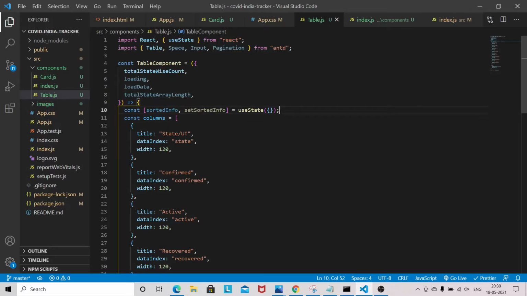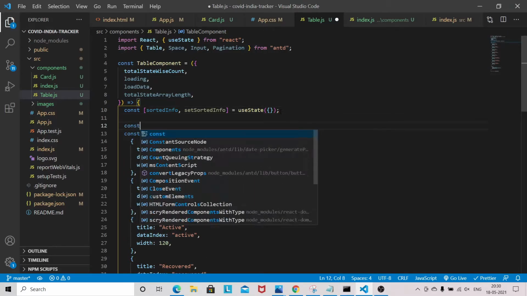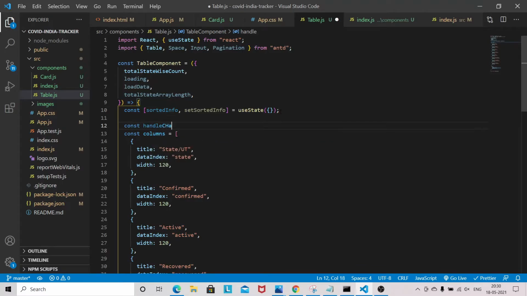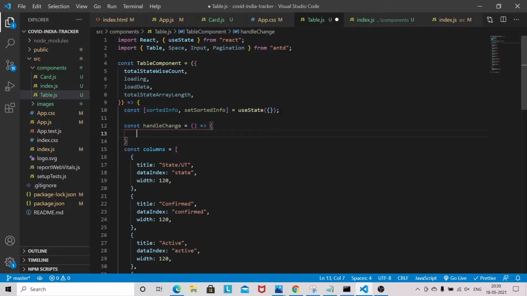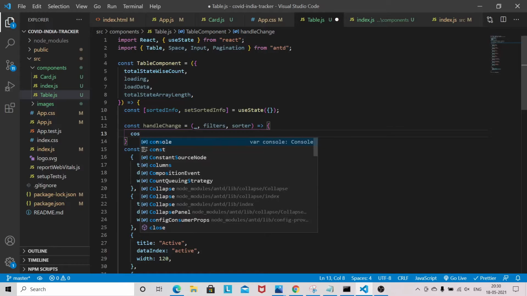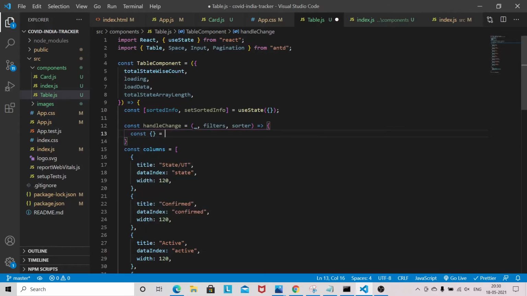Let's write one handleChange. So handleChange basically receives three arguments. The first one is not required. So filters, sorter. Okay, and on sorted